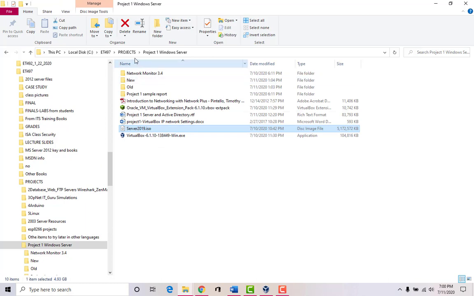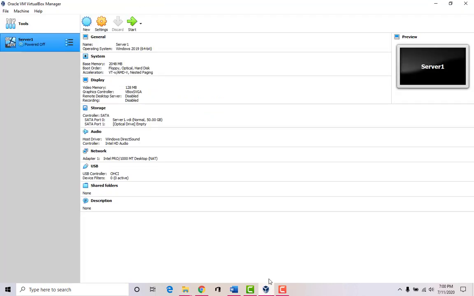Remember, on your memory stick under Project 1, you have that server 2019.iso. This is like grabbing a CD-ROM with the server installation files, except it's now located in a single disk image in this file. Okay, so what we need to do is mount it over here so that we can start from it and install it into this particular hard drive.